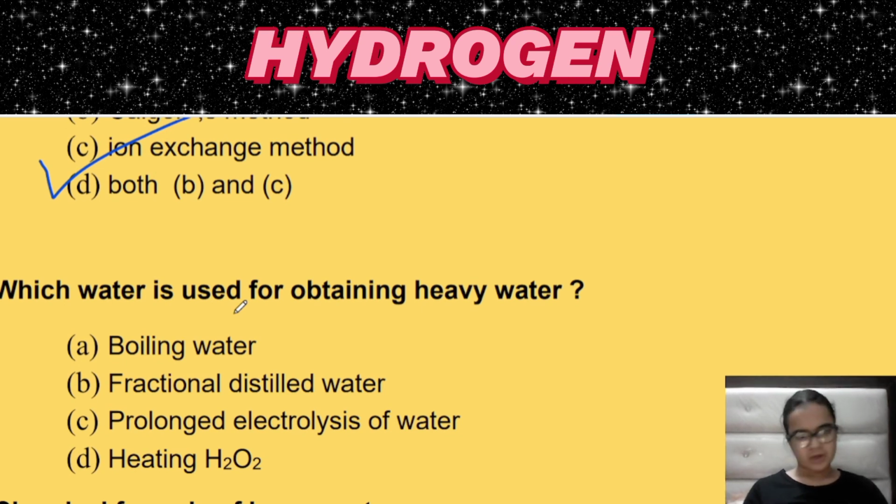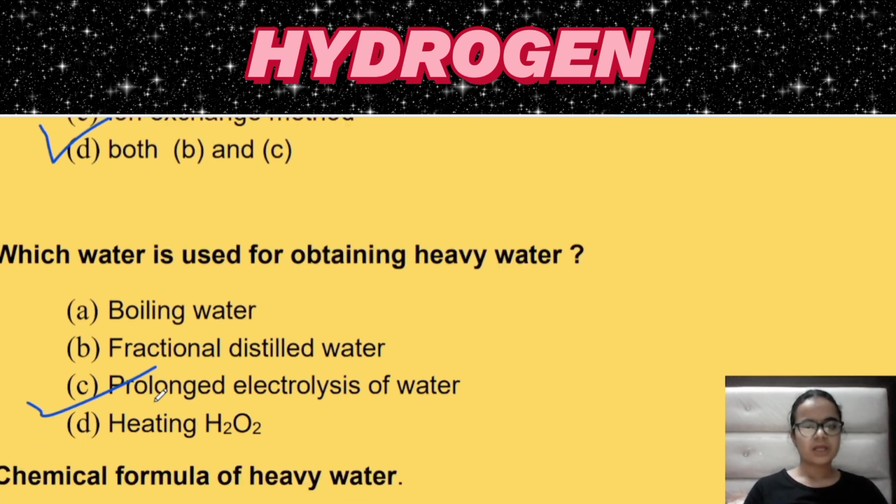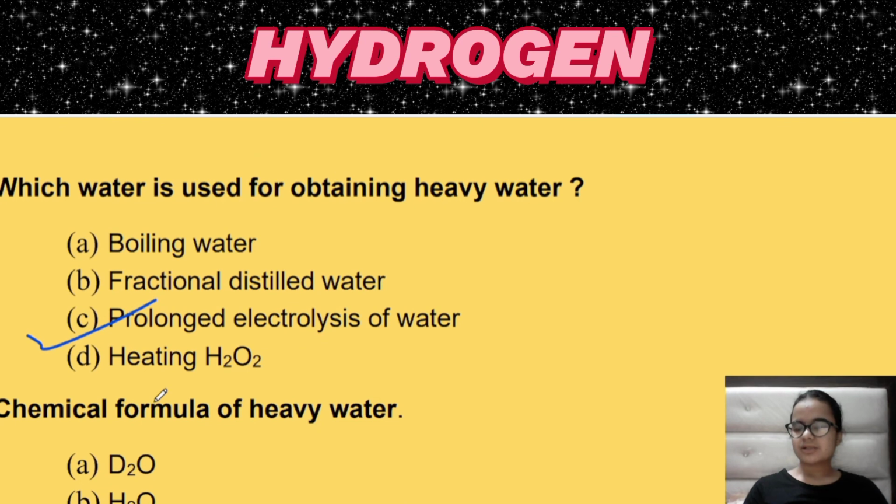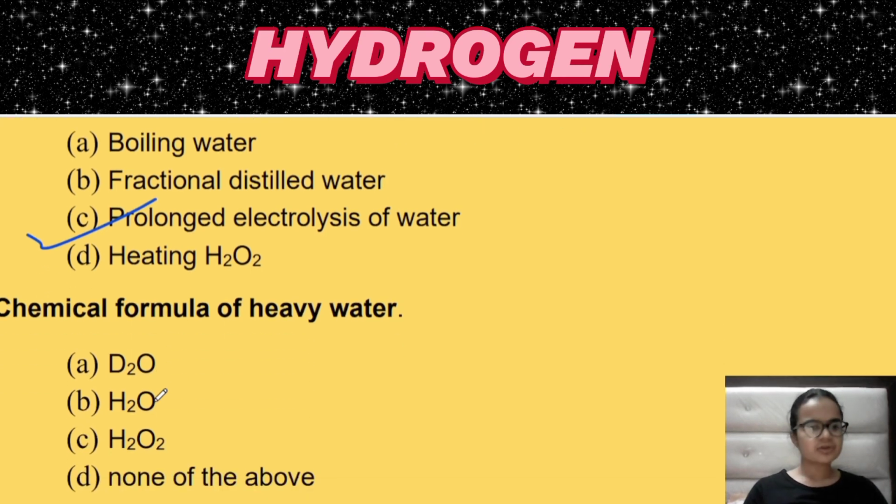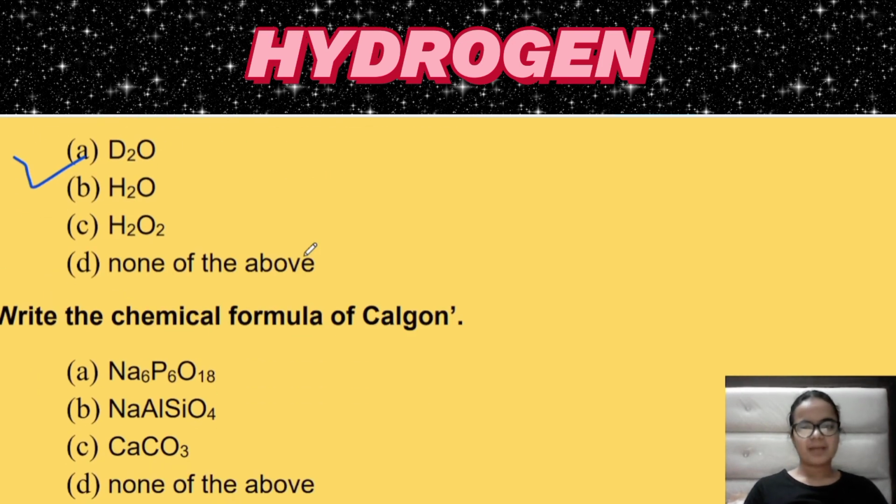Next question is, which method is used for obtaining heavy water, and the answer is prolonged electrolysis of water. What is prolonged electrolysis of water? That means passing electricity through water for a very long period of time. Next question is, chemical formula of heavy water. It's D2O. Next is, write the chemical formula of Calgon, and the answer is